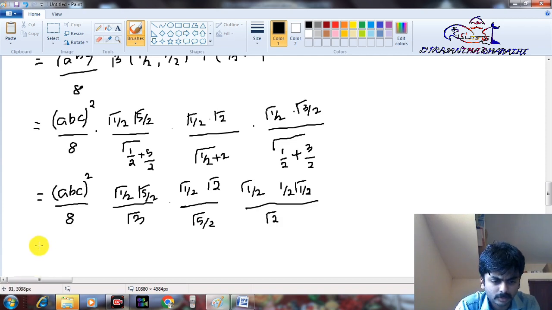Now we are having gamma 5 by 2 in both numerator and denominator, which will get cancelled. Gamma 2 in both numerator and denominator will get cancelled, and we are having gamma 3 here, and 1 by 2 gamma 1 by 2 is here, and gamma 1 by 2 is here. Okay, so we are having